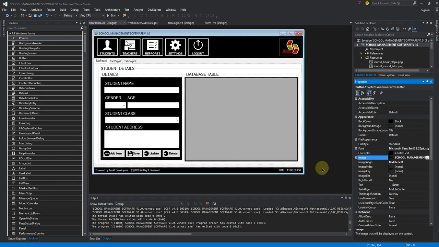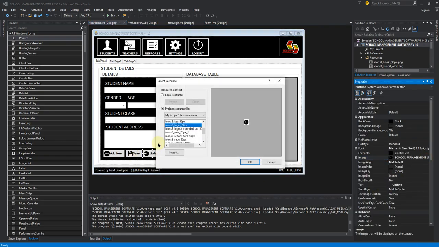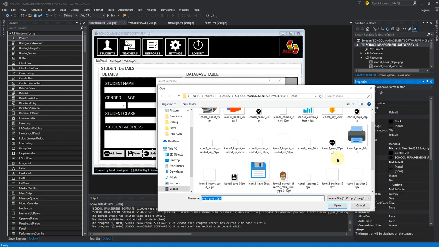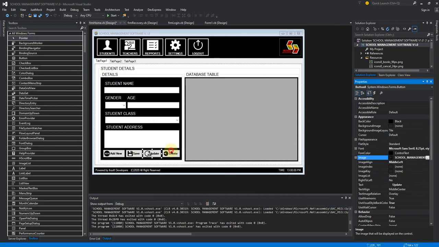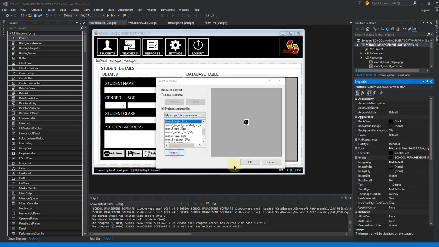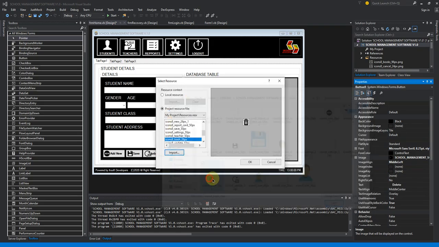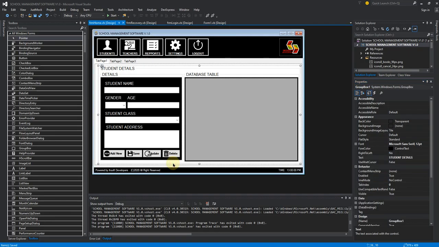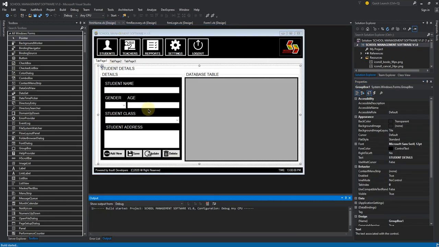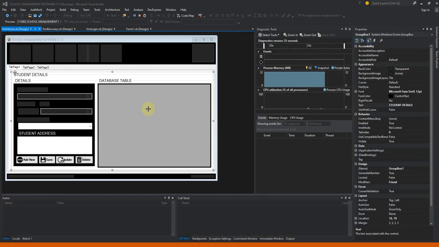Good. And then we have the update. We have to set the update to this guy. Good. And then let's see the delete. We have to use the trash, and that is very unique and nice and special. So let's start it once again, and let's see what happens. You see that something unique is going to happen, and that is going to help us to improve our skills in developing